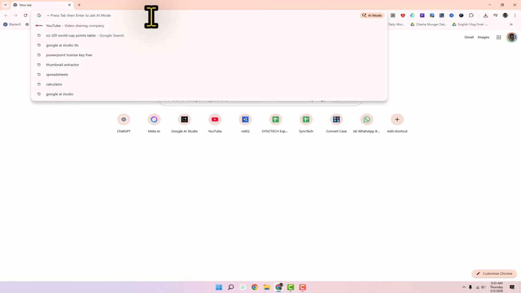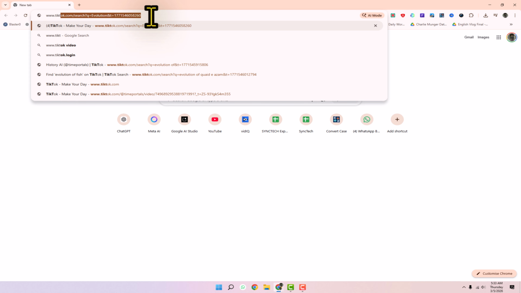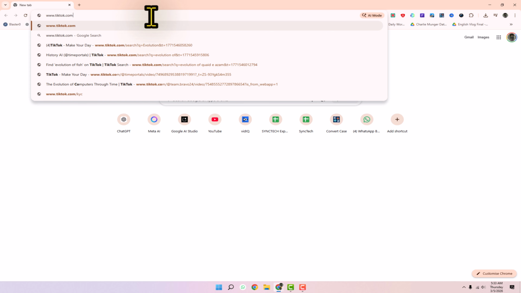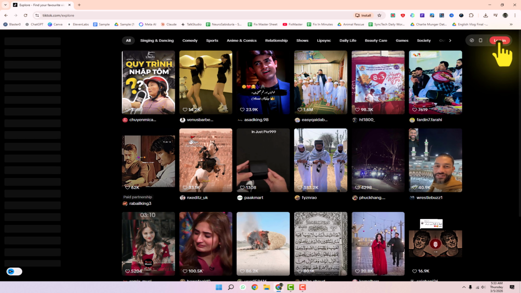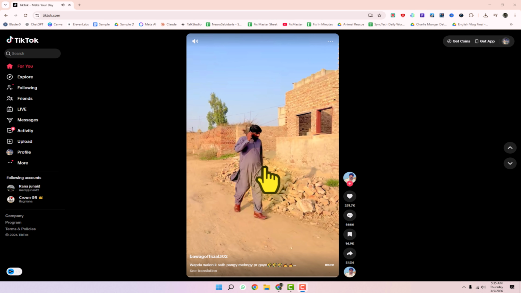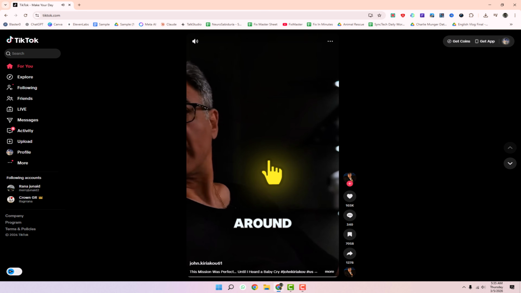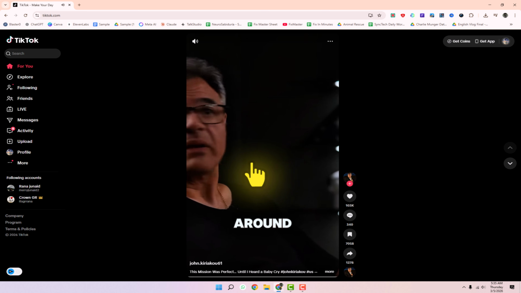Open your favorite web browser, for example, Google Chrome. In the address bar, type www.tiktok.com and press Enter. Once the homepage loads, click Login in the top right corner and sign into your account. After logging in, you can scroll through your feed, watch videos, check profiles, and interact just like you would on